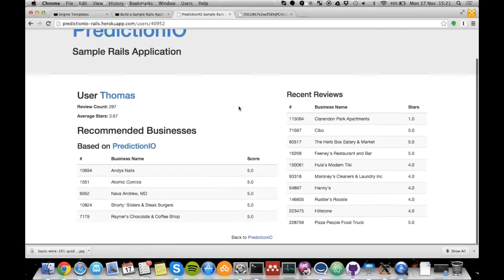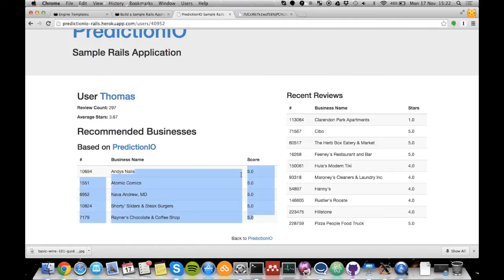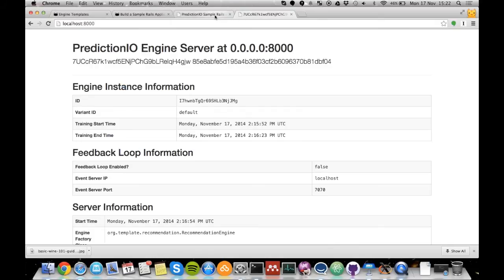So the problem we have here is that we're not just getting restaurants returned, we seem to be getting all kinds of other businesses. So this user, Thomas, who obviously lives in Phoenix, seems to like pizza trucks and doesn't seem to like Clarendon Park apartments. And what we've got over on this side is what's generated by PredictionIO. So this app is querying the engine, asking it for the top 5 recommendations, and it's come back with these businesses over here. And because we're getting the top recommendations, they've all got a predicted score of 5. But we don't really want to show things like Andy's Nails and Atomic Comics, so what we're going to do